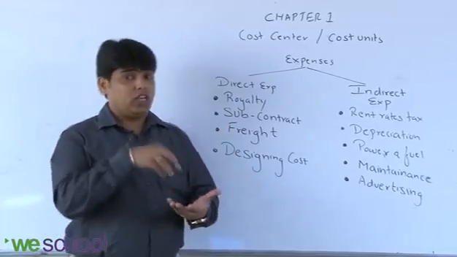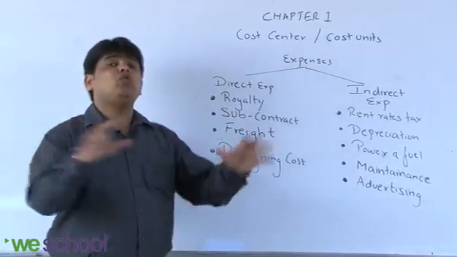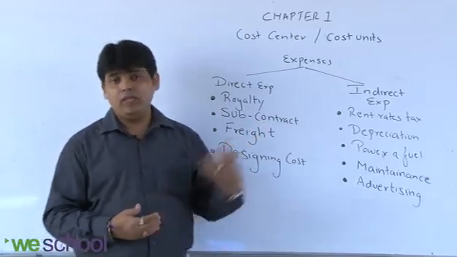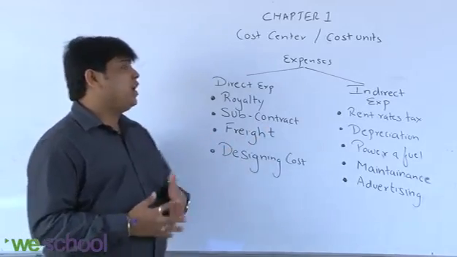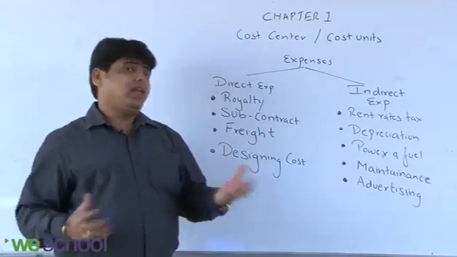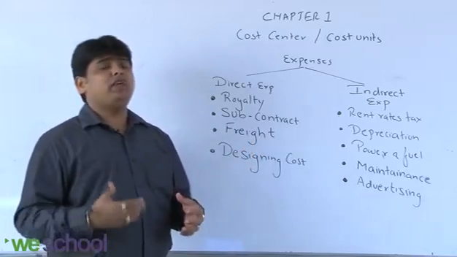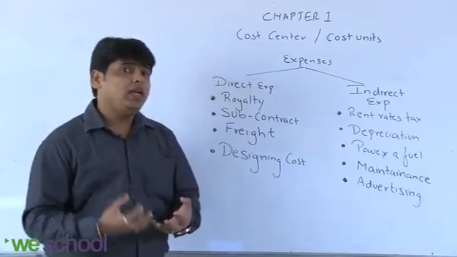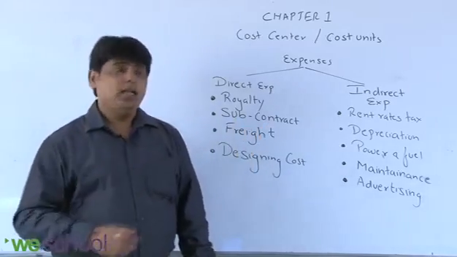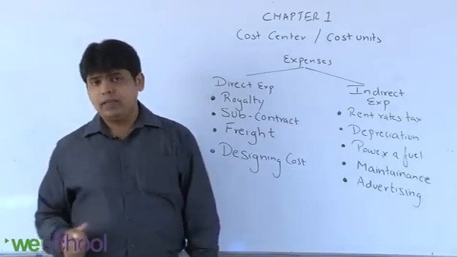There are common costs, there are joint costs. So how do we bifurcate and allocate the expense to a particular product? That we are going to learn in the second half of the first chapter. So in that you have direct expenses. Labor cost and material cost can be easily found out. It is very easy for us to calculate the direct material cost for each and every different product, and the labor cost for each and every product.